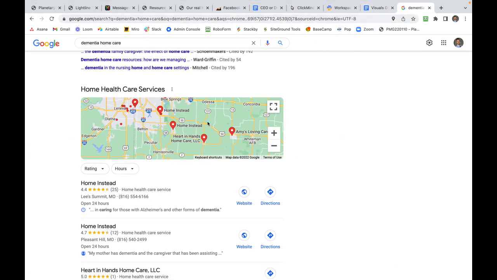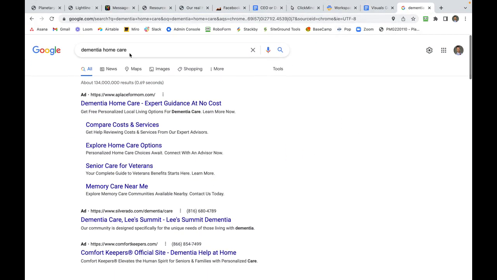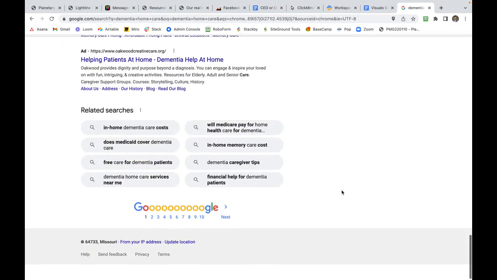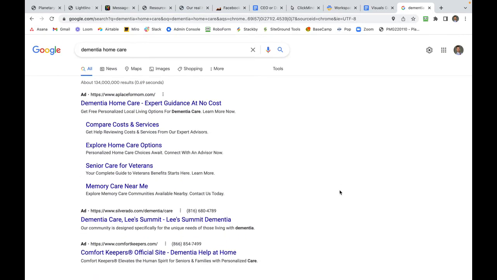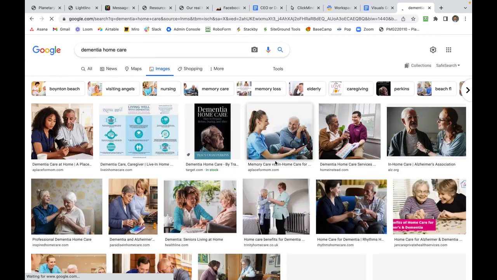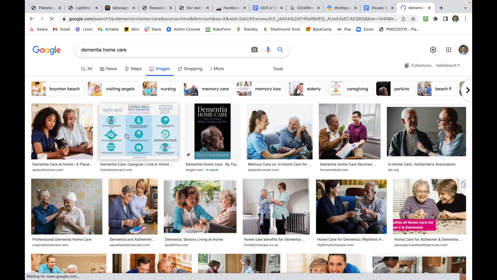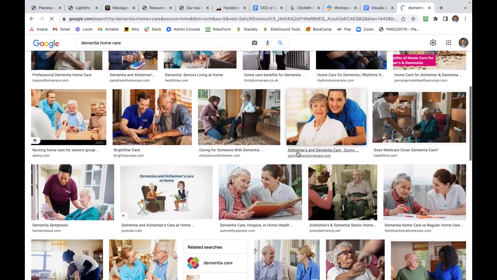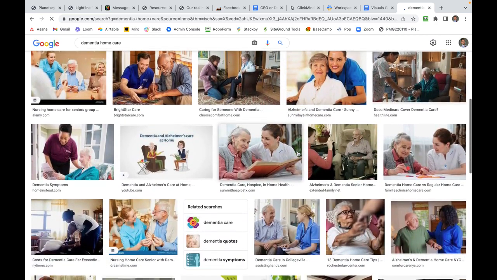Now last of all, I'm going to come up here. This is dementia home care. These are the top 10 that we looked at. We opened those up in new tabs. Finally, I'm going to come over to images. I'm just going to click images now. You notice here, this image is one of the top that's ranking here. And so that's cool. So look down for any sort of graphical,